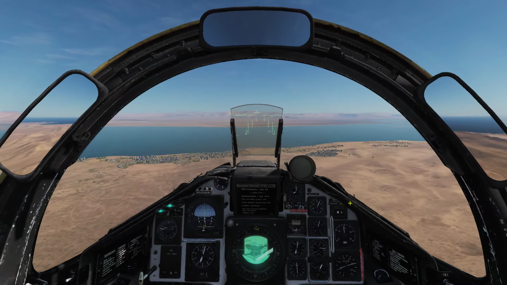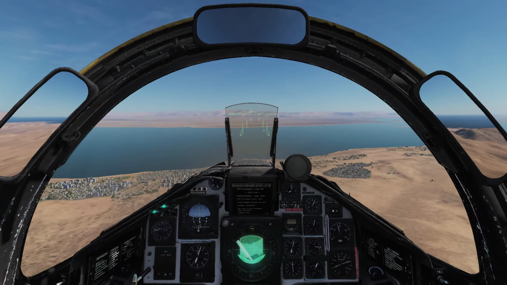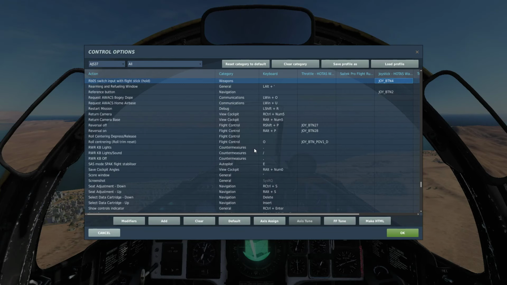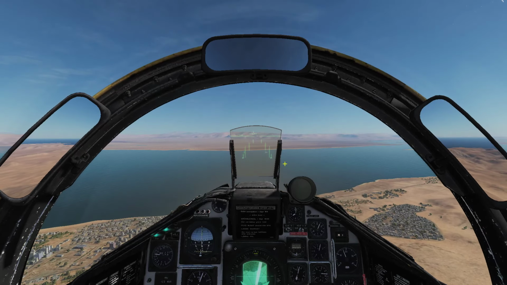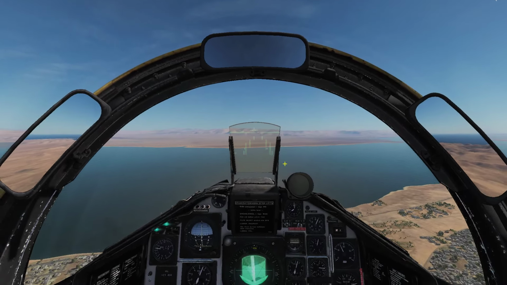Now, there's really not much to set up for these things, although you will want to have this button bound, the RB-05 switch input with flight stick. You hold that button down and your stick stops steering the jet and it starts steering the missile, because you have to manually guide these things all the way in. Because of that, you're